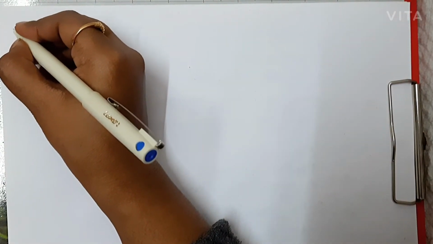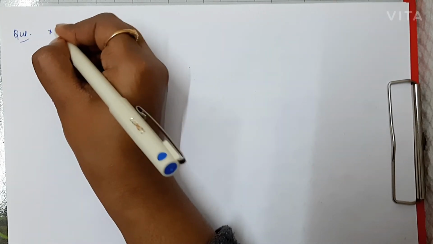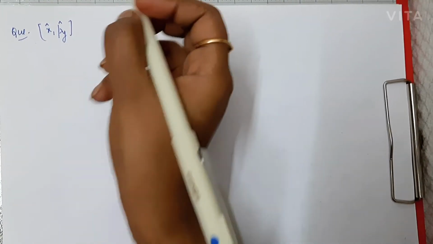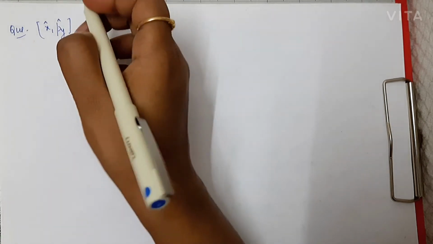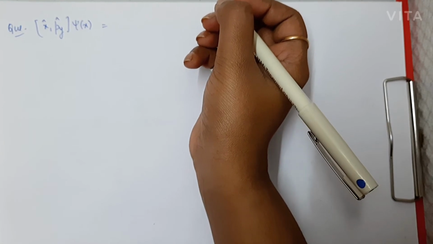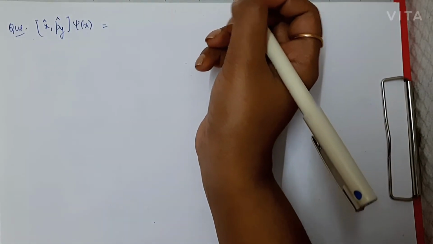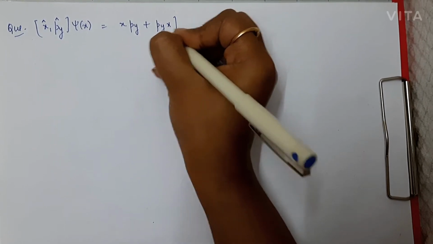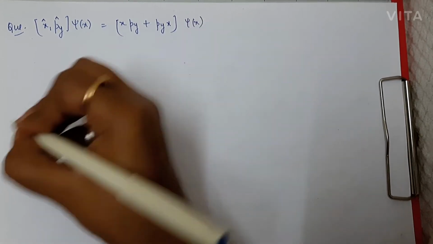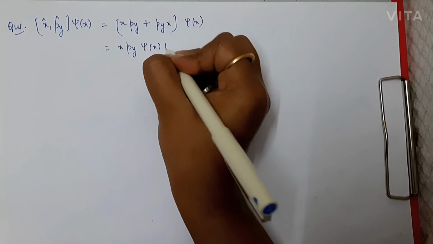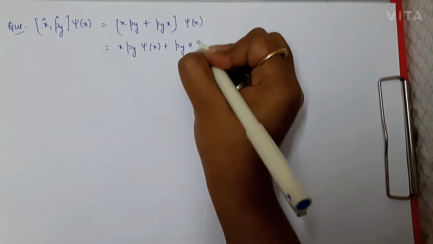So now we are also going to solve one more numerical, and in that numerical we have to solve the commutation for x, and this time py. Again we have to operate this on function psi x. I'm not writing that same formula again and again, it will be ab minus ba, so it will be minus, plus ba, whole multiplied by psi x. Multiplying psi x inside, it will be x into py psi x minus py into x psi x.